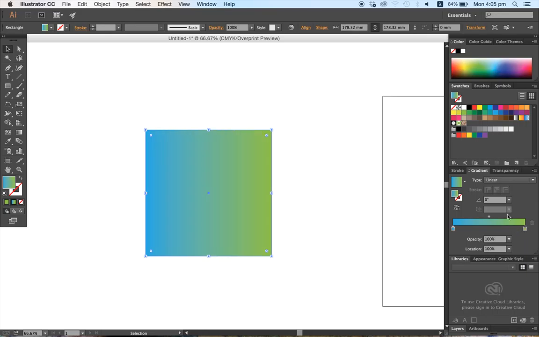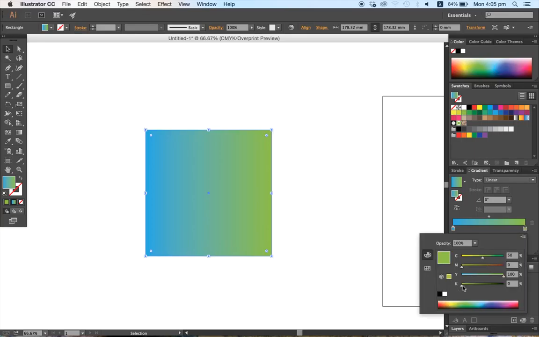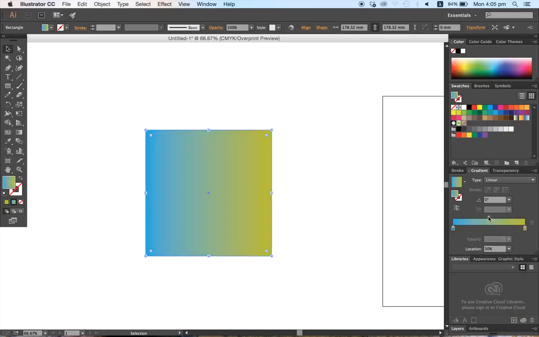You can have as many colors as you want within your gradient. I wouldn't recommend that, but there you go. So at any point I can now double click on this and I can change these values. I can make them darker or lighter or put more yellow in or whatever. This little dot up here is just the gradient slider. So you can modify how much of either color, and every time you put a new color in, you'll get another gradient slider. So if I was to have 3 colors in my gradient, you can see I've now got 2 of these sliders. I can change from the blue to the red and from the red to the yellow. Wow, that looks absolutely horrendous, doesn't it? Anyway,